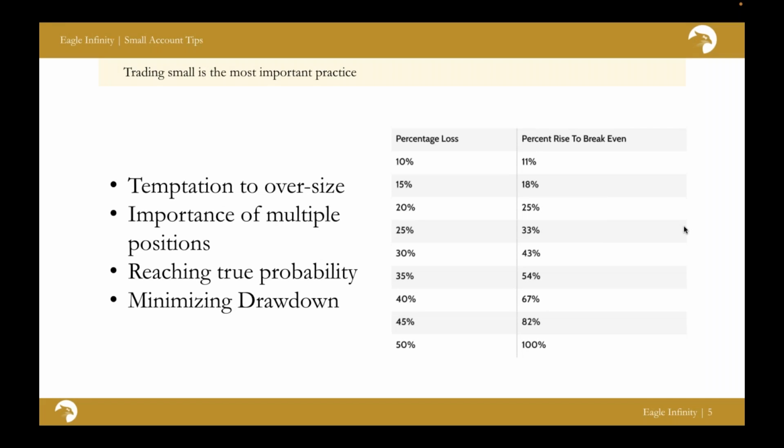So the biggest thing with trading a small account is sizing, right? There's always going to be that temptation to oversize. And the reason for that is, again, because you're going to be extremely restrained with what you can and cannot trade. Now, it's hard enough to find a worthwhile position that looks favorable, that you like, that you think has a positive expected value. And now we're adding a restraint based on size that is kind of out of your control in a sense.